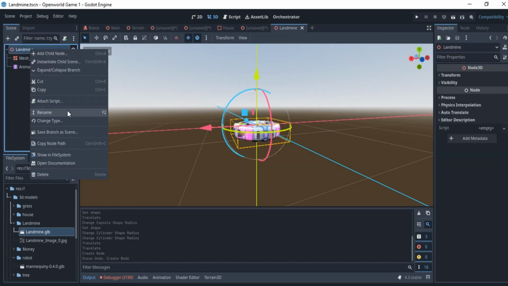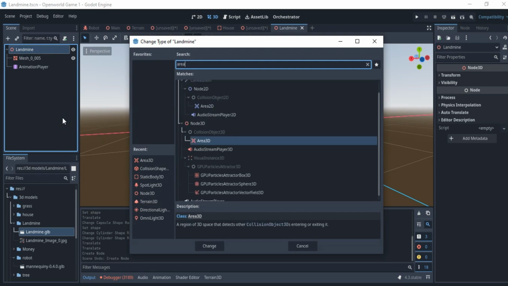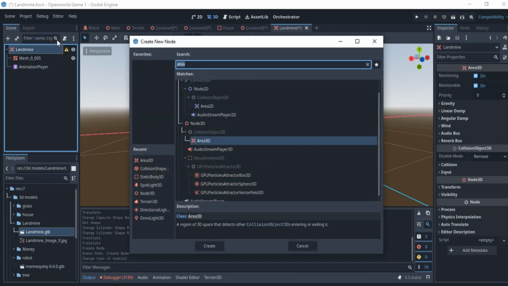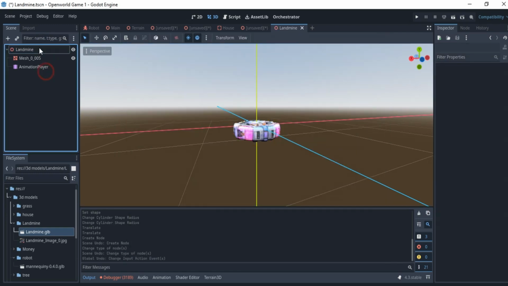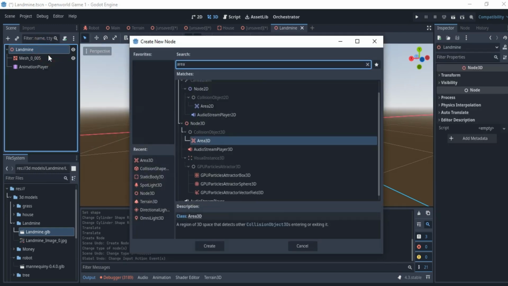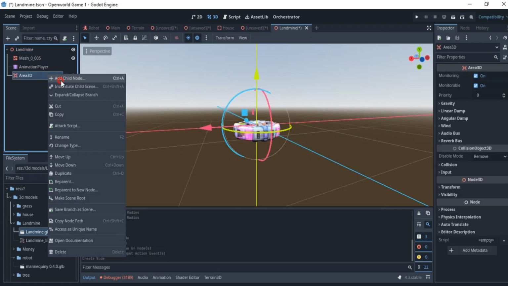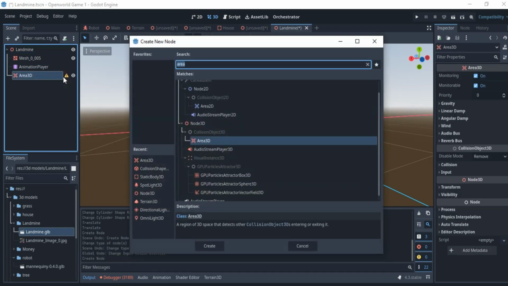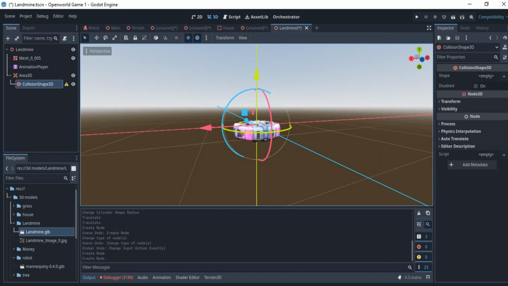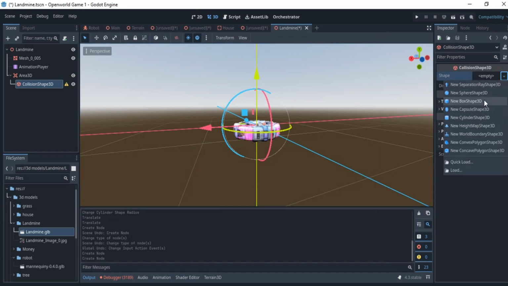So this is my node 3D, I'm going to add an area 3D on it. So this area 3D, I'm going to add a collision shape on it. This collision shape will also be a cylinder,